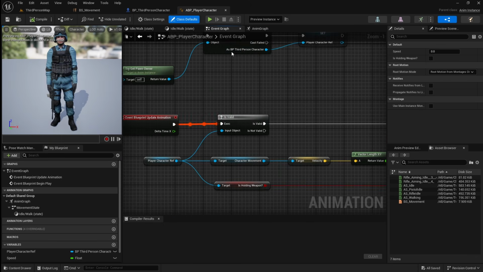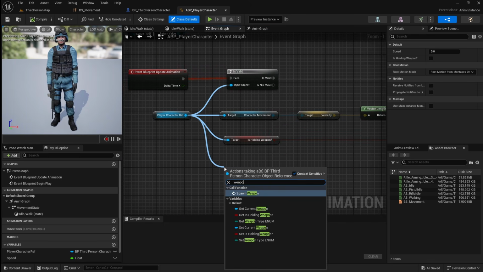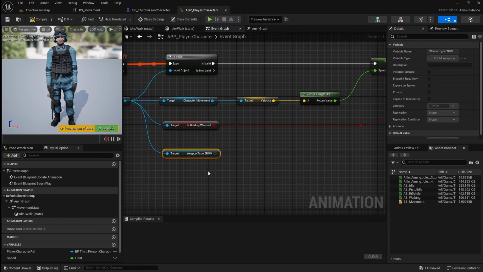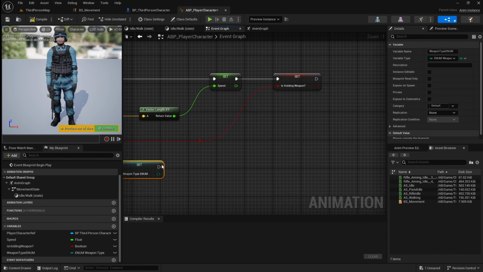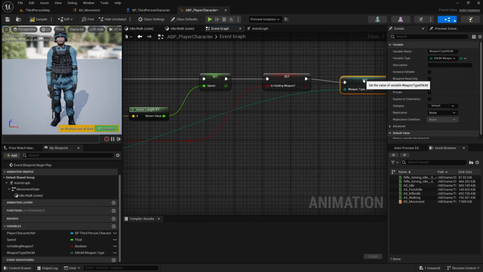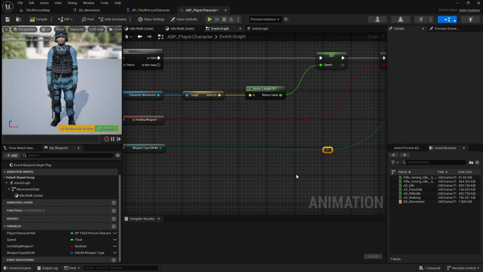Go to the event graph, then drag off the player character reference and search for the get weapon type enum. Then again right click and promote it to a variable. Then just remove the spaces. Then just connect it up. Next we're going to set up the functionality that switches between the two weapons animations depending on which weapon type